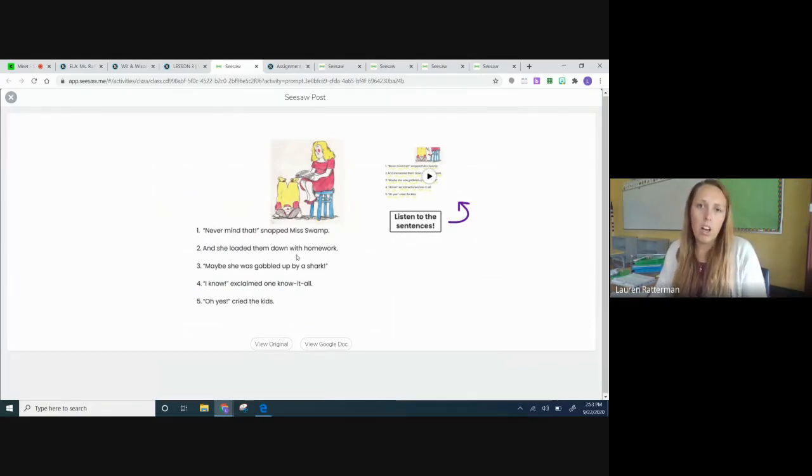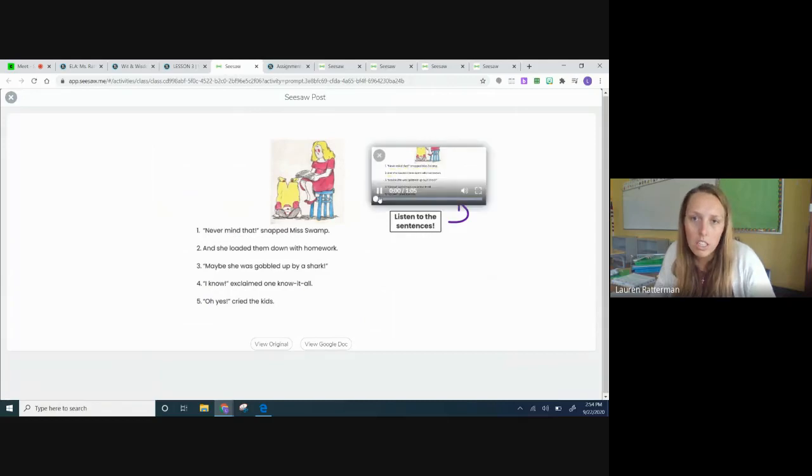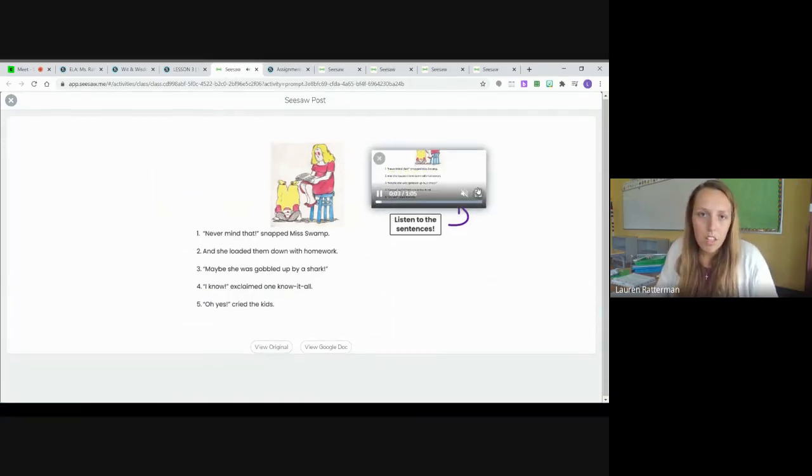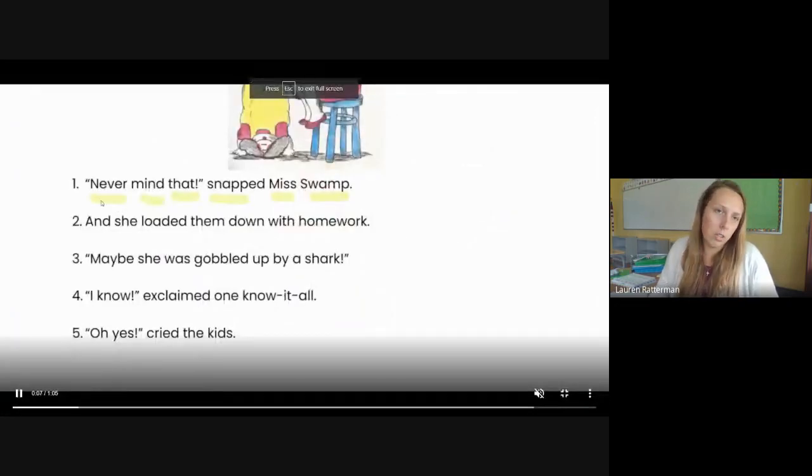Now, I know since some of our— Can you show us a little bit, sorry to interrupt, can you show us what the student— Yeah, I was going to get into that. Since we have a lot of ranges in K-2, some kids aren't reading yet, and some are very good readers. Probably more in second grade and kindergarten, this would be good to also provide a visual. So in here, I'm going to turn off my sound, but you can read along so that the kids, especially since I have a lot of ESL kids,